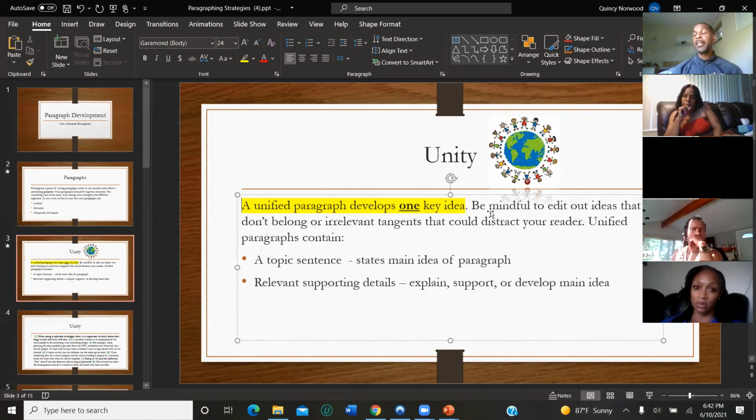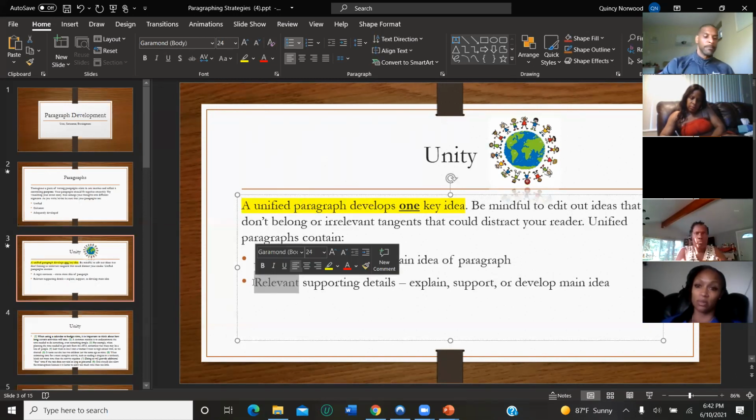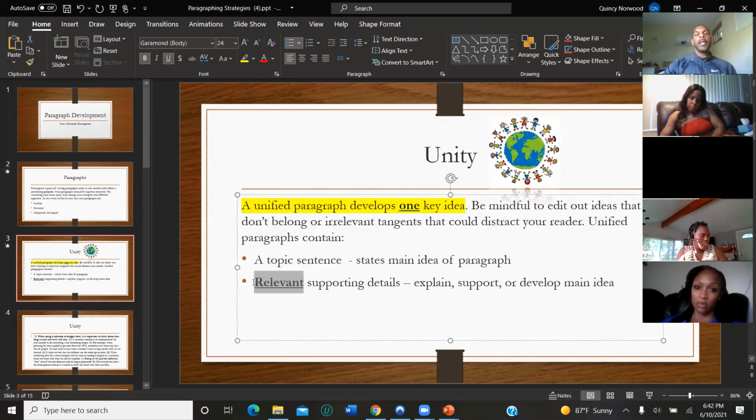You just have a main idea of the paragraph. That's fine. Relevant supporting details. The keyword here is relevant. This is really what's going to keep you unified. Let's look at what I mean.